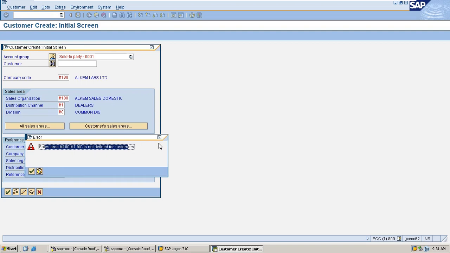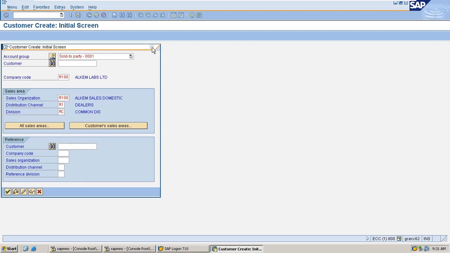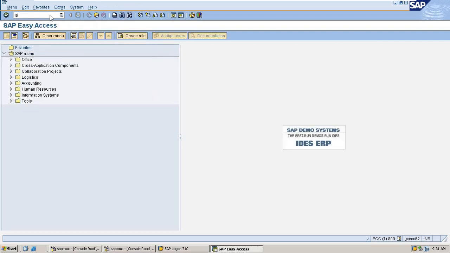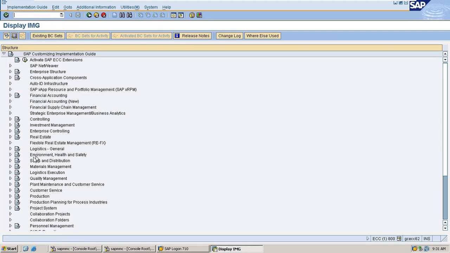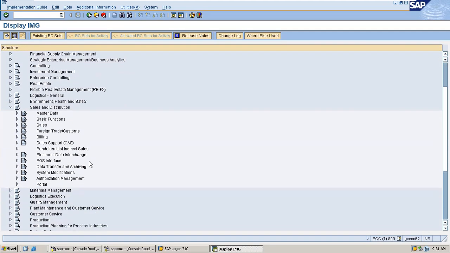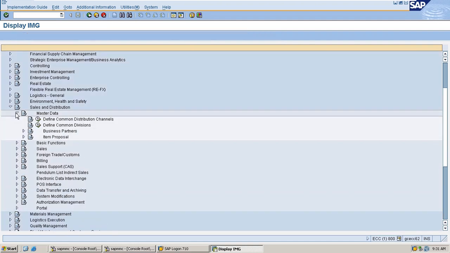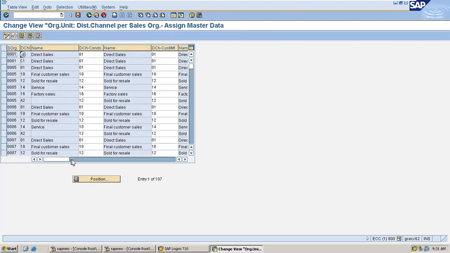So what you have to do is go through the path SPRO and SAP Reference IMG. Here go through Sales and Distribution, then Master Data, where you have to go to Define Common Distribution Channels.